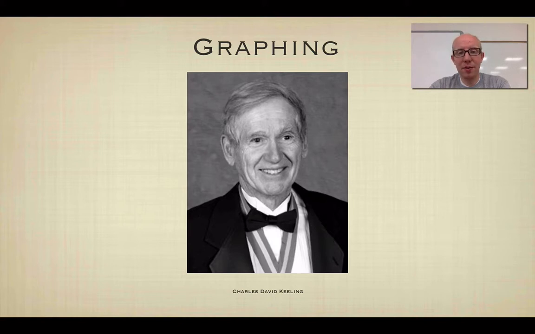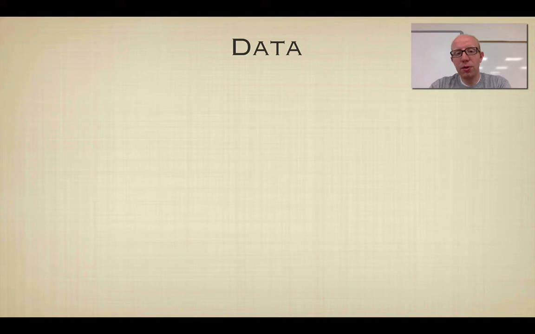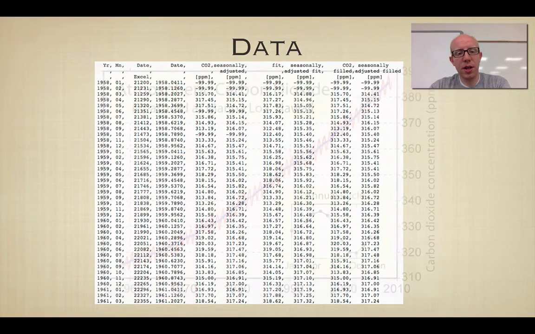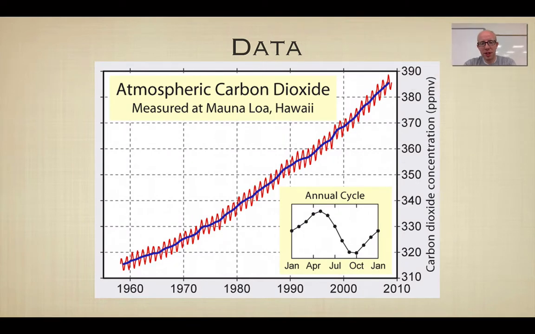Now, to get started, let's talk about a man named Charles David Keeling. Now, you may or may not know this man, but he is famous for a very important graph in science, what is known as the Keeling Curve. It was a huge amount of data collected at an observatory that measured the amount of CO2 in the air over time. Now, when you put all this data together in a graph, you get this curve, which is known as the Keeling curve, and it shows that over time, the level of carbon dioxide in the air is increasing, and even though it has some cycling in it from year to year, the overall trend is that